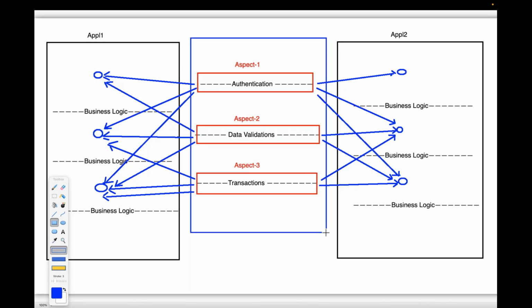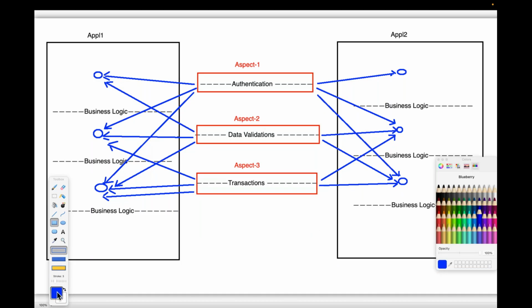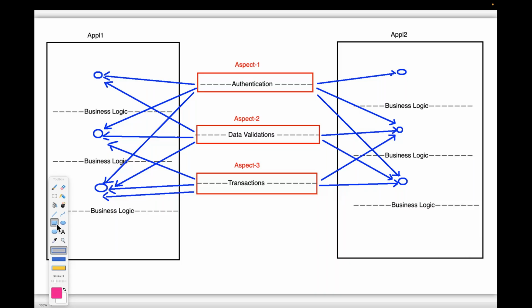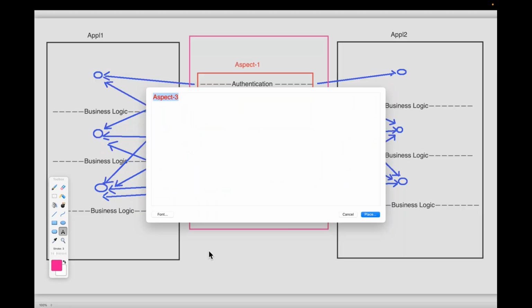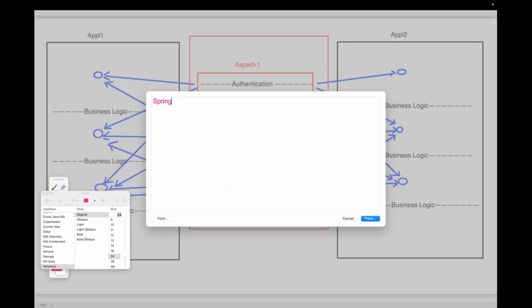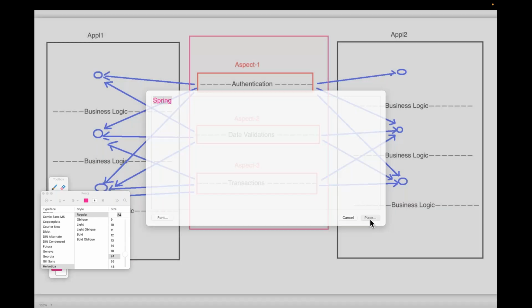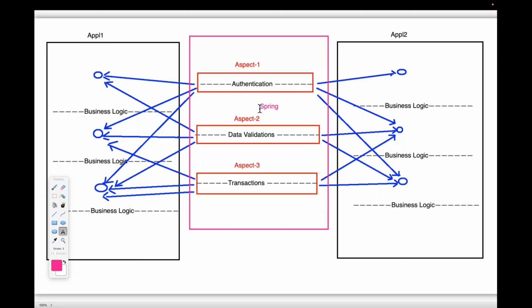Those tools or frameworks, how do they manage these aspects? For example, I'm telling you clearly, Spring is one of the frameworks. It has aspect orientation implemented internally. Spring has authentication, data validations and transactions internally, so it can inject these aspects into the applications. The Spring framework is having its own